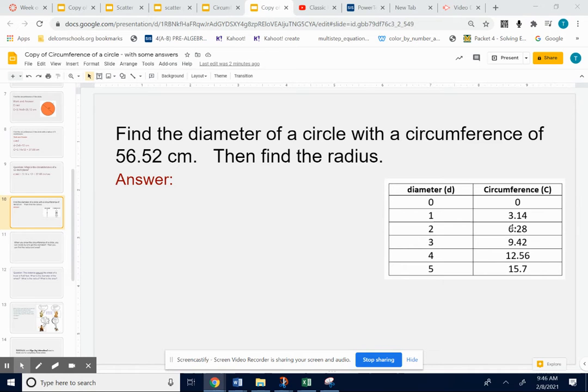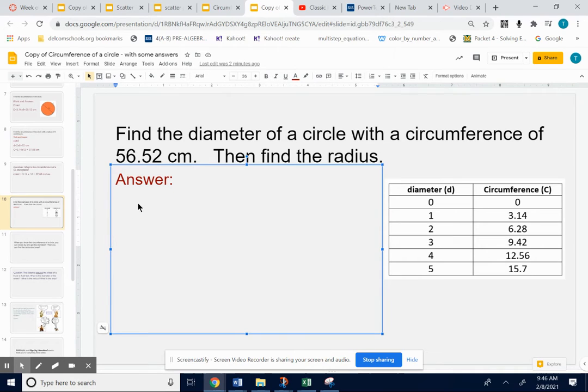Well, let's work backwards. If I know the circumference and I wanted to get to the diameter, I would divide by 3.14. Does that make sense? If you multiply by 3.14 from left to right on this proportional data table, you would divide by 3.14 going backwards, from right to left. So if they give you a circumference of 56.52, which would be a number over here, divide by 3.14 to get the diameter. So I'm just going to write 56.52